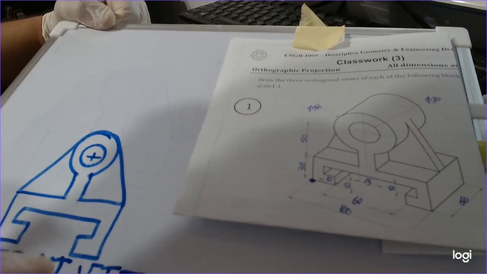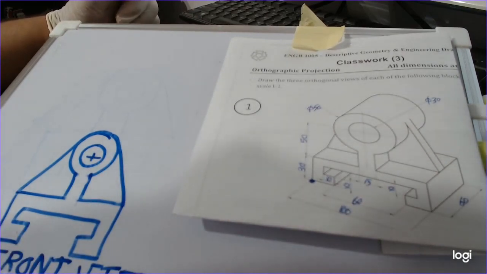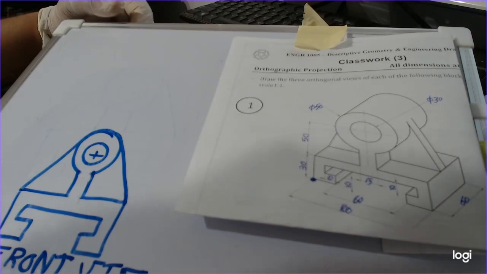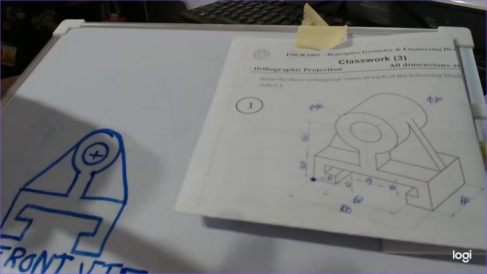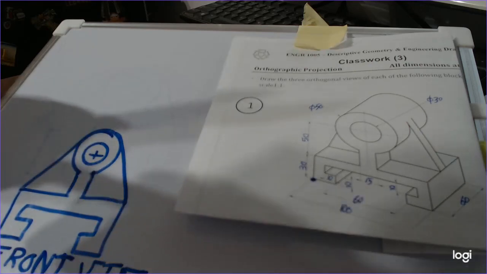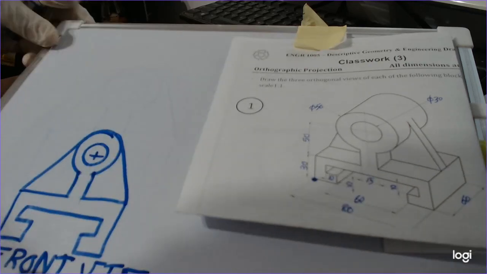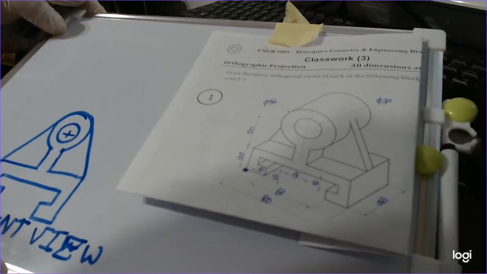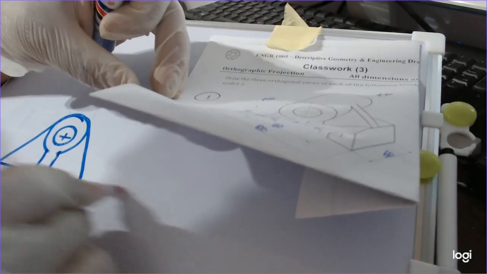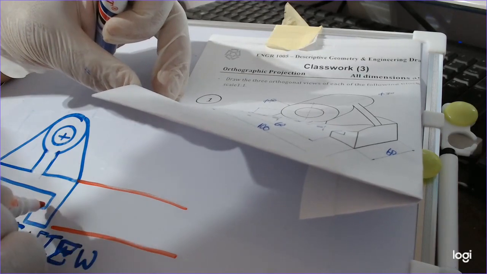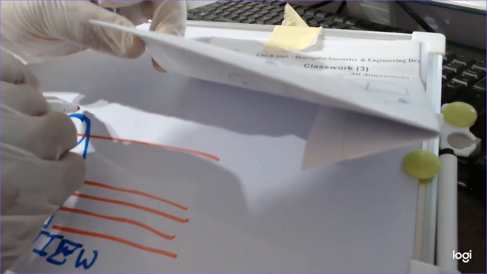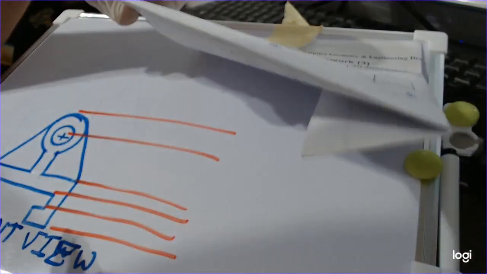Sorry, E. Lovely. Okay, then we said that we'll draw the right side view of this component. So let's assume we'll take projection lines with this red color. Okay, then